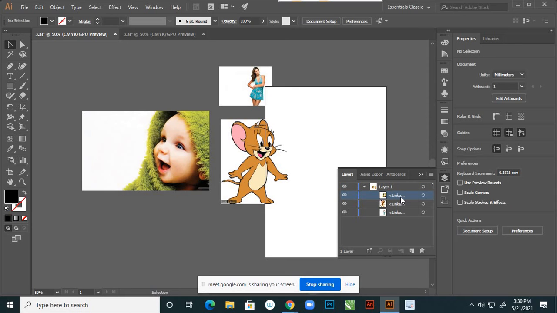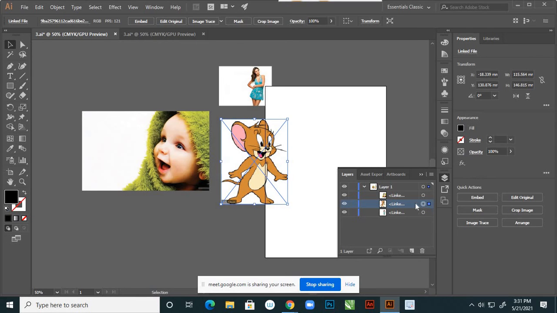You can select that sub layer. Suppose I'm selecting this layer, right? This Jerry, I select this Jerry, but your drawing is not selected. Observe here. If you want to select that, just click on this circle, click to target, drag to move appearance. Suppose click on this. Now it is showing that.